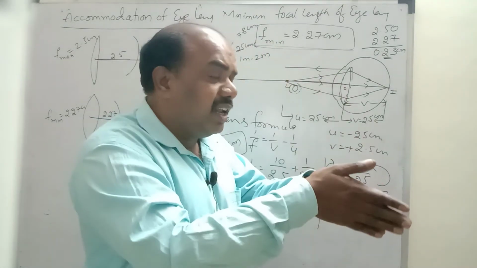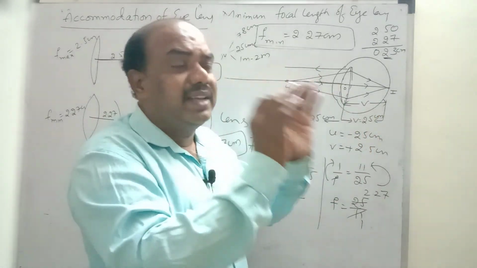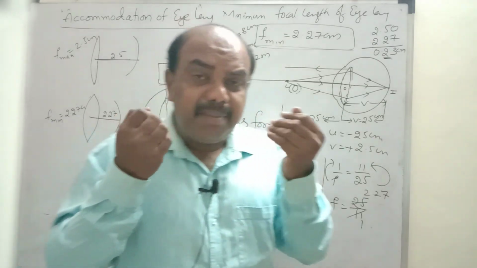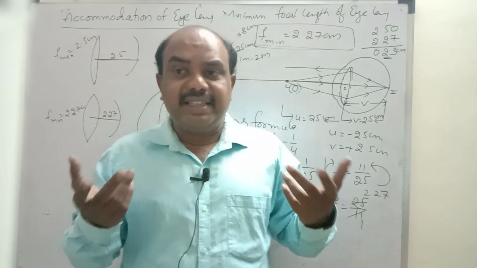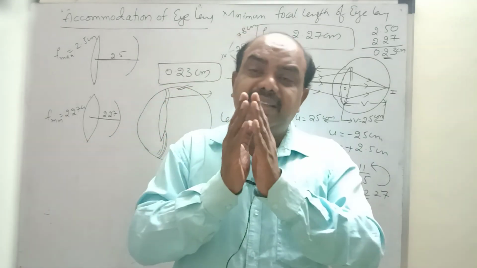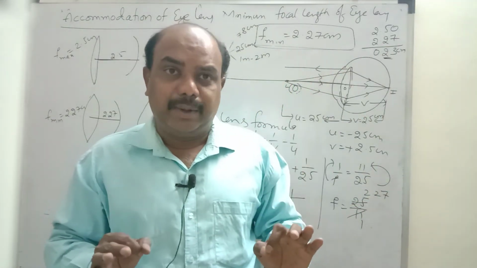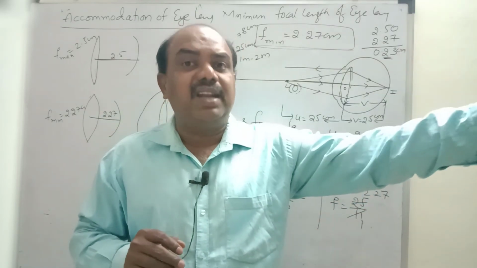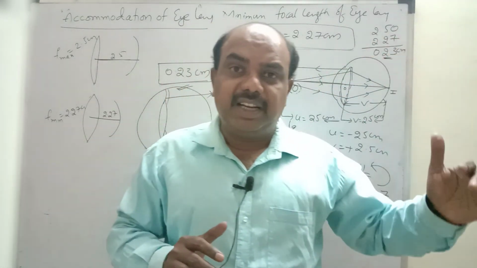You would have to go to a particular place and particular distance from the object, then only can you see the object, then only the image of the object falls on the retina of the eye. If ciliary muscles do not work properly, or are not there, what consequences may we face? This question they may also ask in examination. If ciliary muscles do not work properly, we can see only objects at a fixed distance. The image of the object at a particular distance only falls on the retina of the eye.